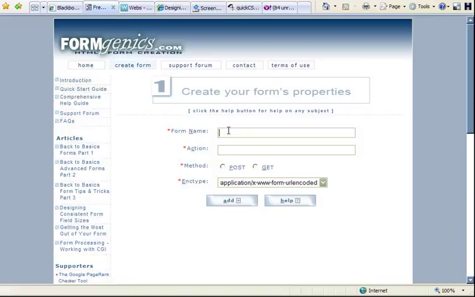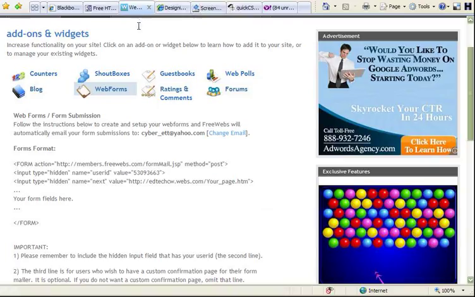And because this is going to be invisible, this is not content that people will see, it will be part of the code, so we can just use the words all together like we've been using before with file names and that kind of thing. So you want to name your form contact info, and we have to enter something in the action. This is the command that tells the form where to send the information, and this is where webs comes in